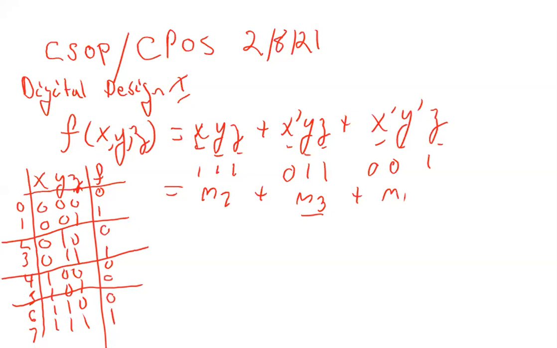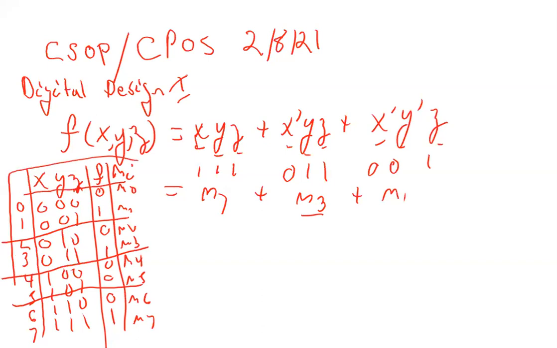And so now we see a direct mapping between the product term and the truth table. Does everybody sort of see that? So if we write M sub I in here, it's M sub 0, M sub 1, M sub 2, M sub 3, M sub 4, M sub 5, M sub 6, and then M sub 7. And that's how you get a truth table to map